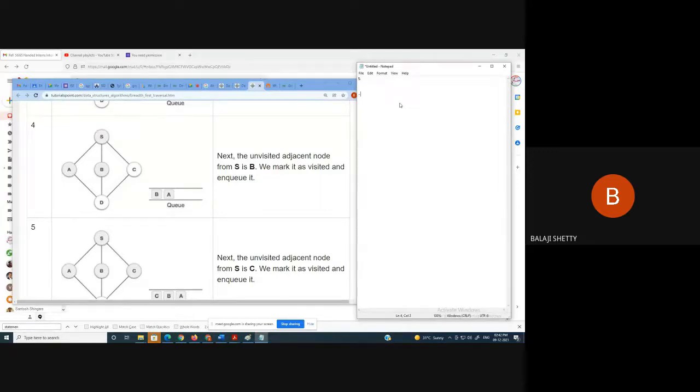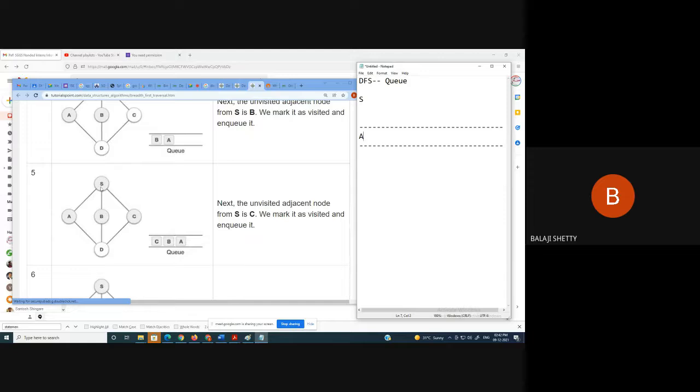Then this is our queue. Initially, S is visited. Then adjacent to S is A. So here we are using depth first search, which uses a queue.